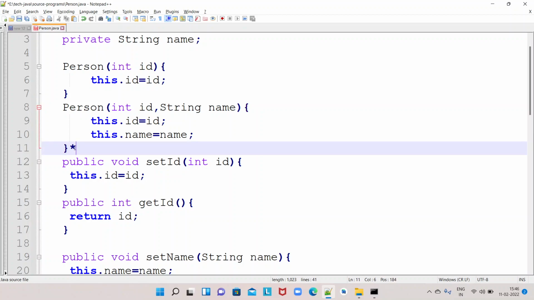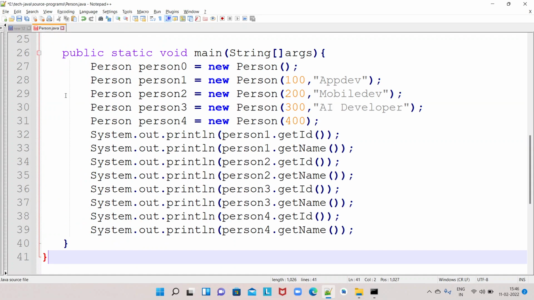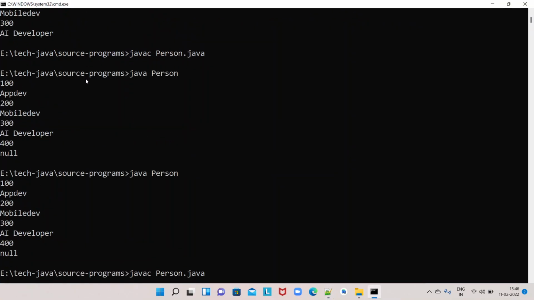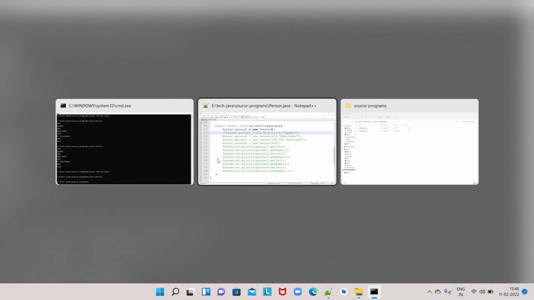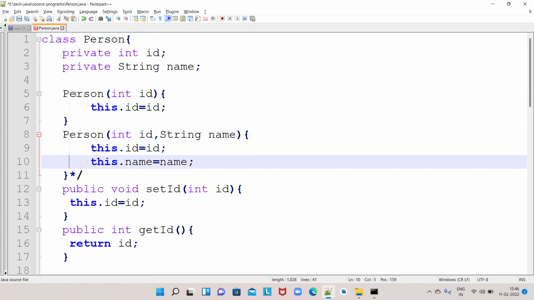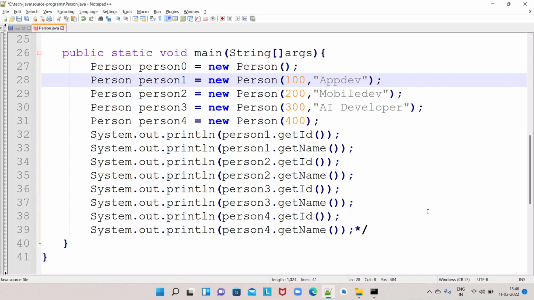Let's say for example my class is not having any of these constructors. Let me comment this and let me comment this as well. Now if I call the zero argument constructor with the new operator, that will be compiled successfully. There is no problem with the execution as well. But if at all my class is having any constructor, one argument constructor or the two argument constructor, whatever it is, in such scenarios,